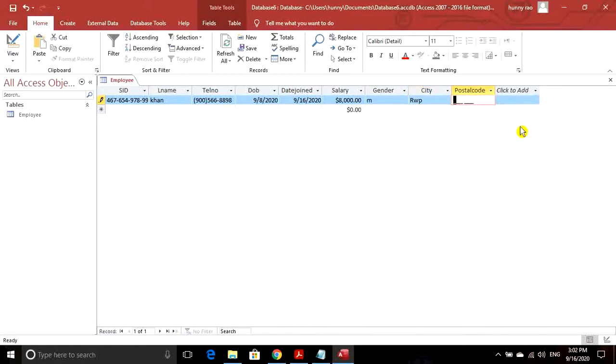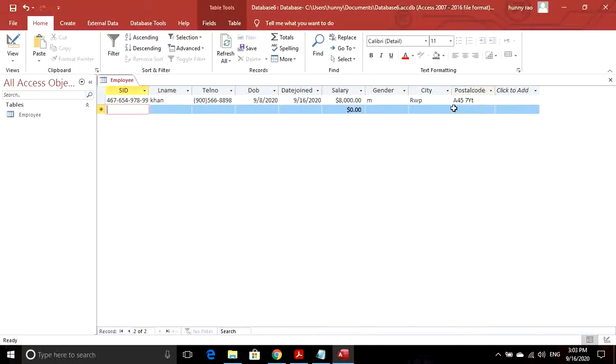And then postal code. In postal code, the format was 3 alphanumerics and then a space and then 3 alphanumerics. So we can try that. 7YT. You can see the format, 3 alphanumerics, then the space is already there and then 3 alphanumeric characters. So it means that all our validation rules and input masking were correct and are working properly. Now we can add some more records following the validation rules and input mask.